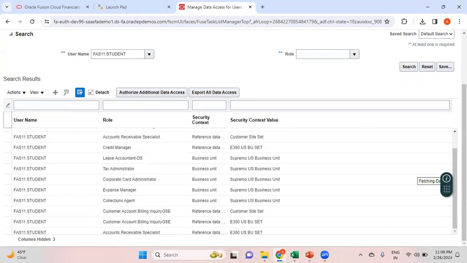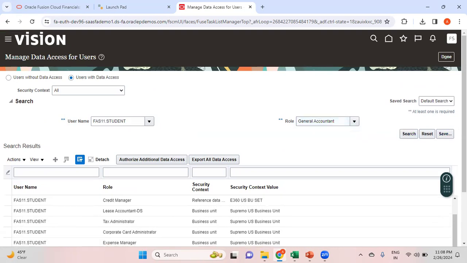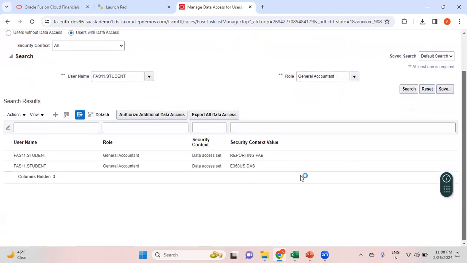And we are interested in specific roles, general accountant and general accounting manager. So for the general accountant, for this particular user, this particular data access set is assigned, which is a ledger. So now we need to assign Reliance USD ledger, which is our ledger. So what you can do is click on this create